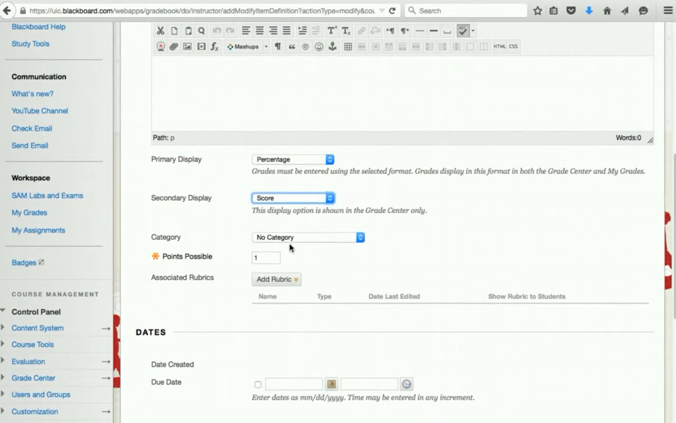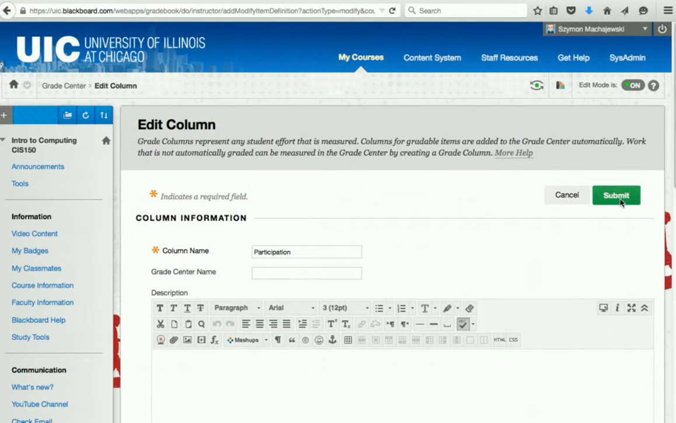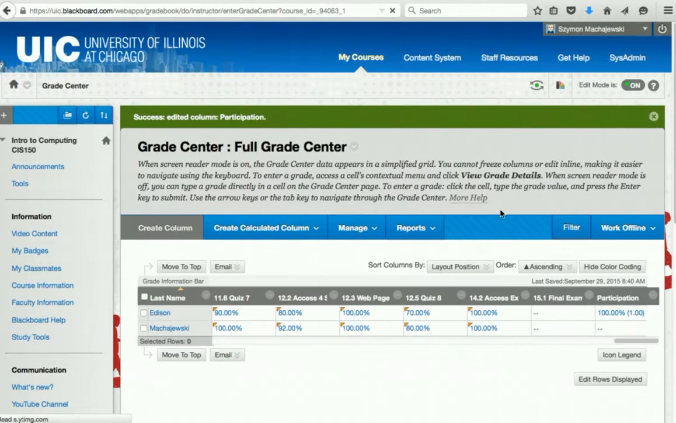Now we do not have to modify points possible. Polleverywhere will do this automatically as new polls are being added to the report, or if all the polls are added to the report, it'll manage this value too. So at this point, students will see 100%. So let's go back